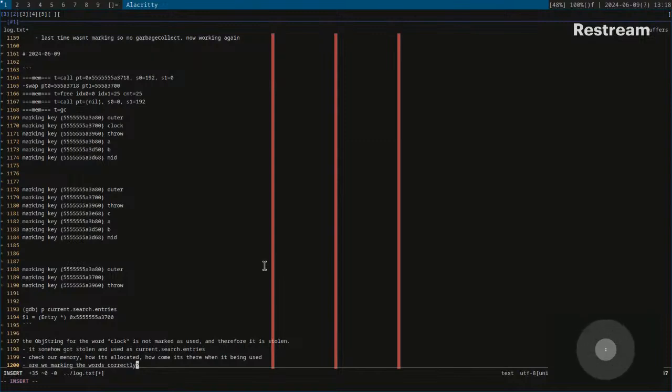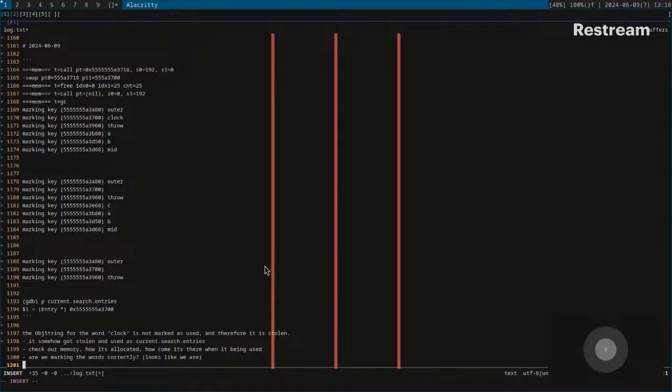Okay, it looks like we are marking the words correctly. Looks like we are, but are we allocating memory that is being used? Okay, that's all for now. We'll try again in the next